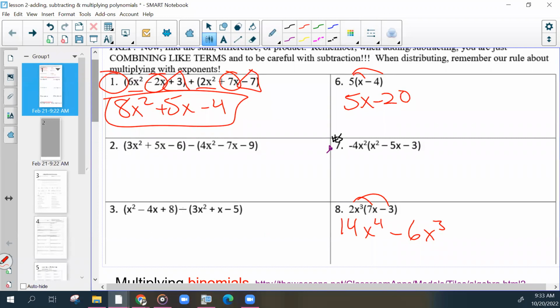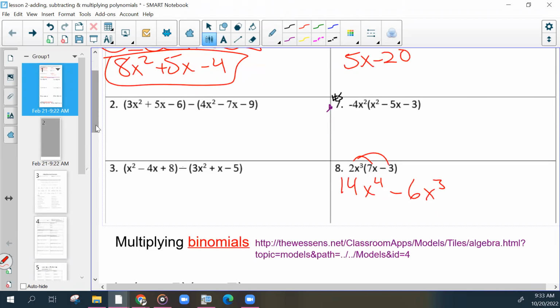7. Okay, so same thing, but now we're multiplying a monomial to a trinomial. So we're gonna distribute 3 times. So multiply the numbers like normal, -4 times 1. We're multiplying like bases, we're adding the exponent, so that new exponent would be 4. Multiply the numbers just like normal, negative times a negative is a positive 20. We're multiplying like bases, so our new exponent would be